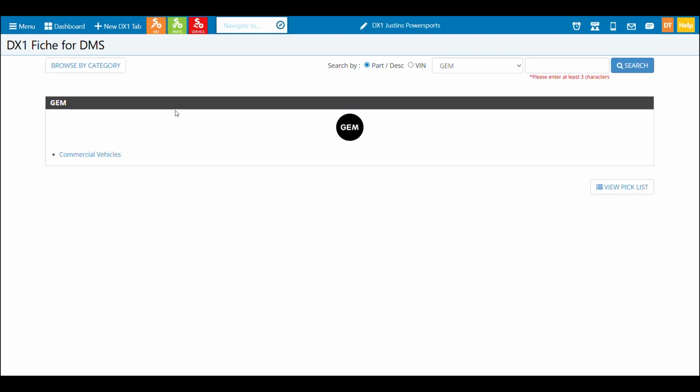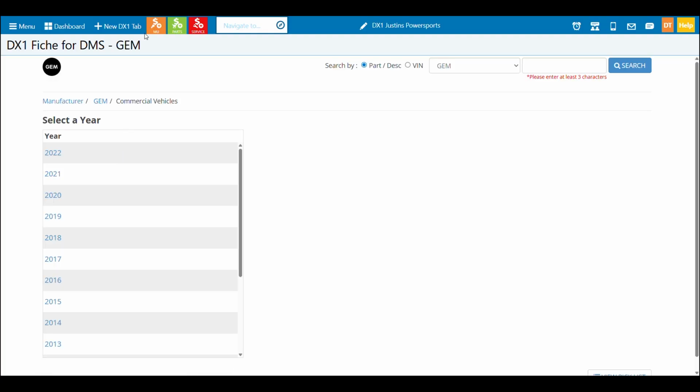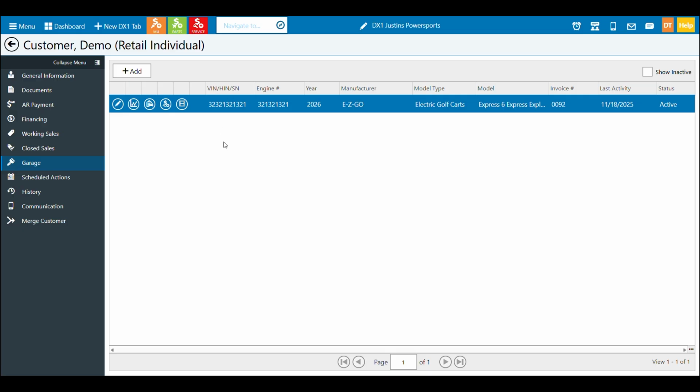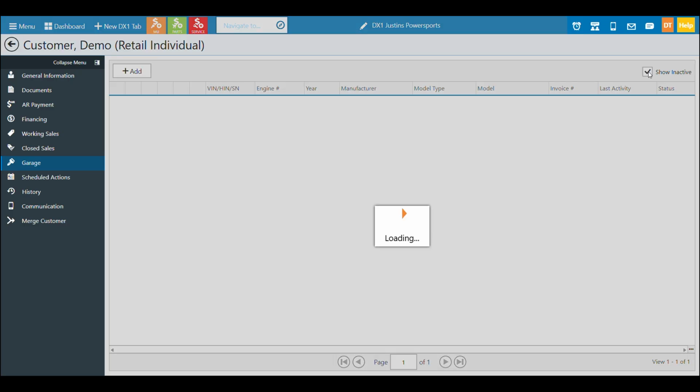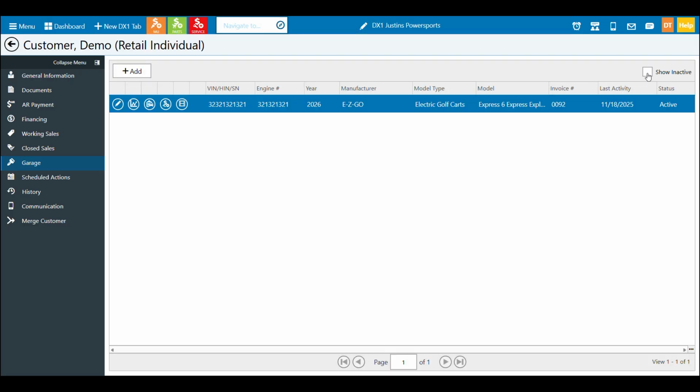So I can click this here and I can go see that I actually have some stuff I can look at related to this vehicle. So again, different icons there available for different things. I can see identification numbers, the year, different information. Again, if I needed to show something that was inactive, I could check it or uncheck it. So that's the basics around the garage of how a unit that was in the garage being sold from a major unit deal.